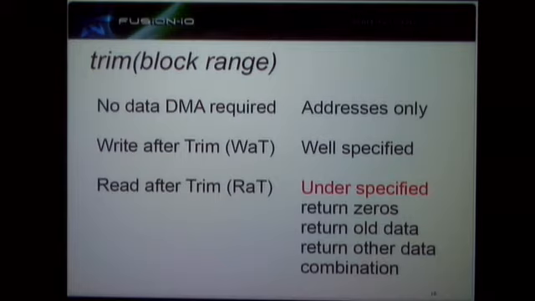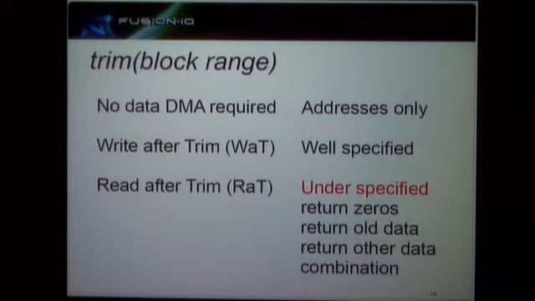You don't have to transfer zeros over the data bus to overwrite data and then try and assume that zeroed blocks are free or something like that. So it's a performance optimization. Write after trim is a well-specified operation. If you write something after a trim operation, you're going to have the write that was into that location available